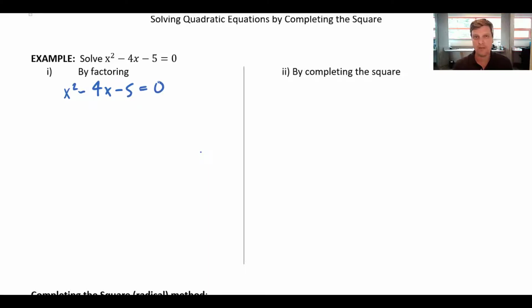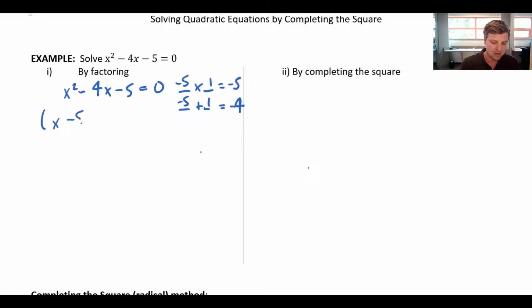If we want to do that by factoring, again, we're finding two numbers that multiply to -5 but add to -4. Those two numbers, yes, you guessed it, are -5 and +1. And so we can factor this into (x minus 5)(x plus 1) equals 0. Then I set each of these binomials equal to 0,